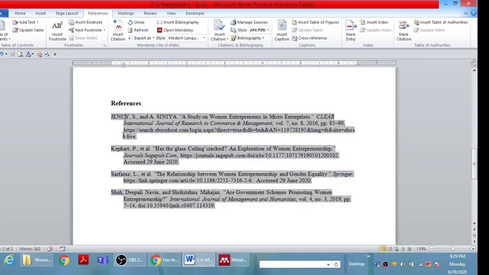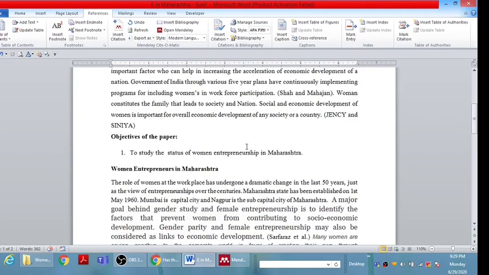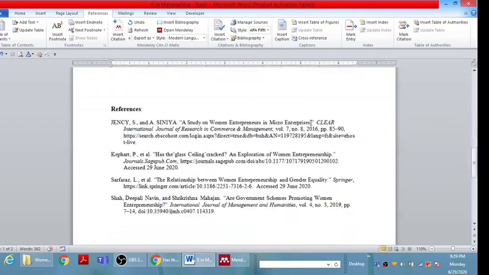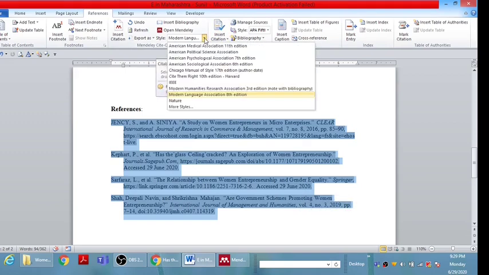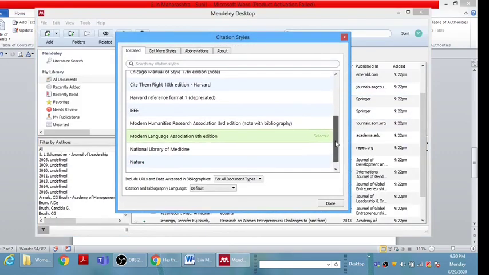You can see, and accordingly my citation style has also changed from APA to MLA. Again, if I want to change the citation style from MLA to any other, I need to select the references again, and I need to click on style. Then we can select from this list, but I want to click on more styles, and I have to change this reference style from MLA to